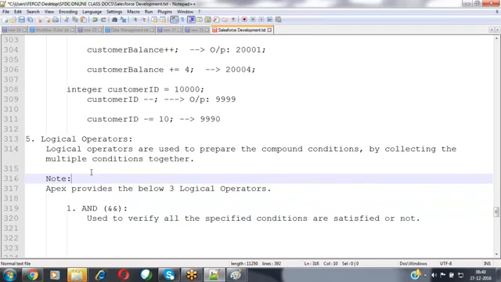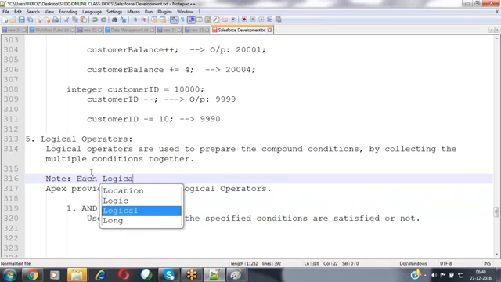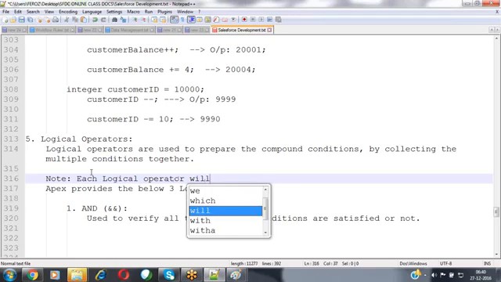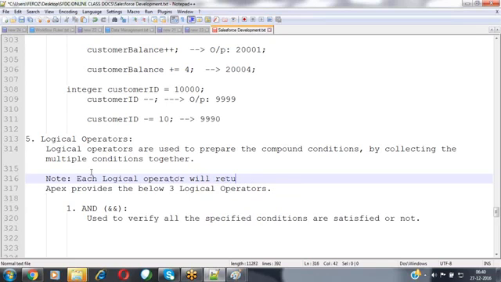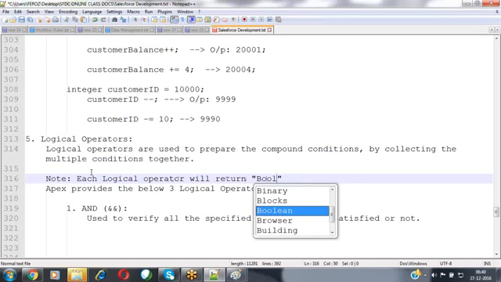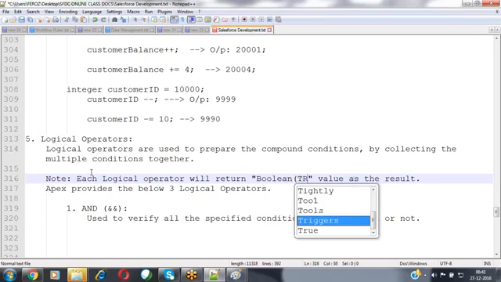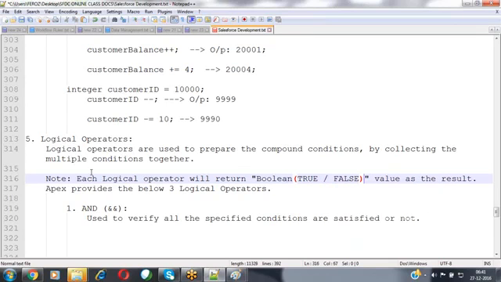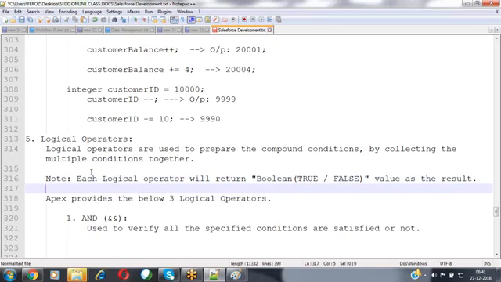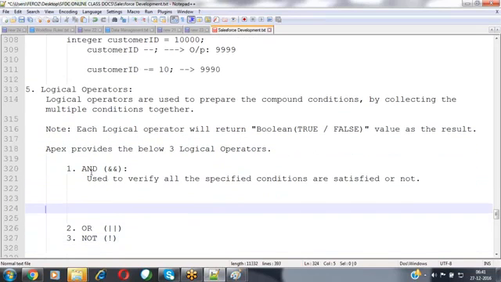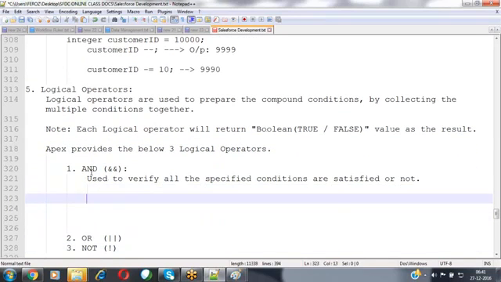Make a note here: each logical operator will return a Boolean value as a result. You are aware of what exactly Boolean is. Boolean means true or false. It indicates to you whether the condition is satisfied or failed. When will it return true, when will it return false?